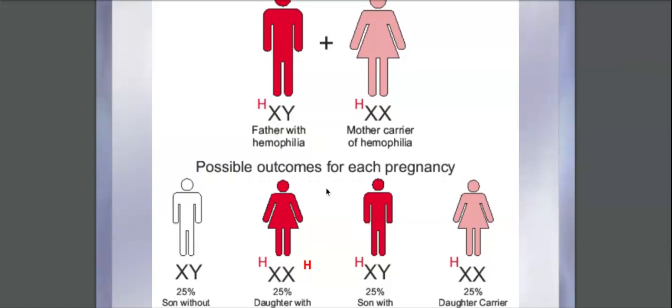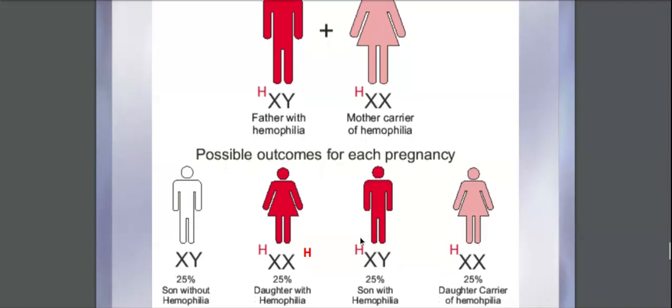That means you get an X from here and you get an X carrying the recessive allele from here. And here you can also have a hemophilic son, because you're having an X from the carrier mother and a Y coming from the father. So one recessive allele is enough, so this male will be hemophilic. Whereas you can see the other offspring, this couple could also bear a normal male offspring and a carrier female.